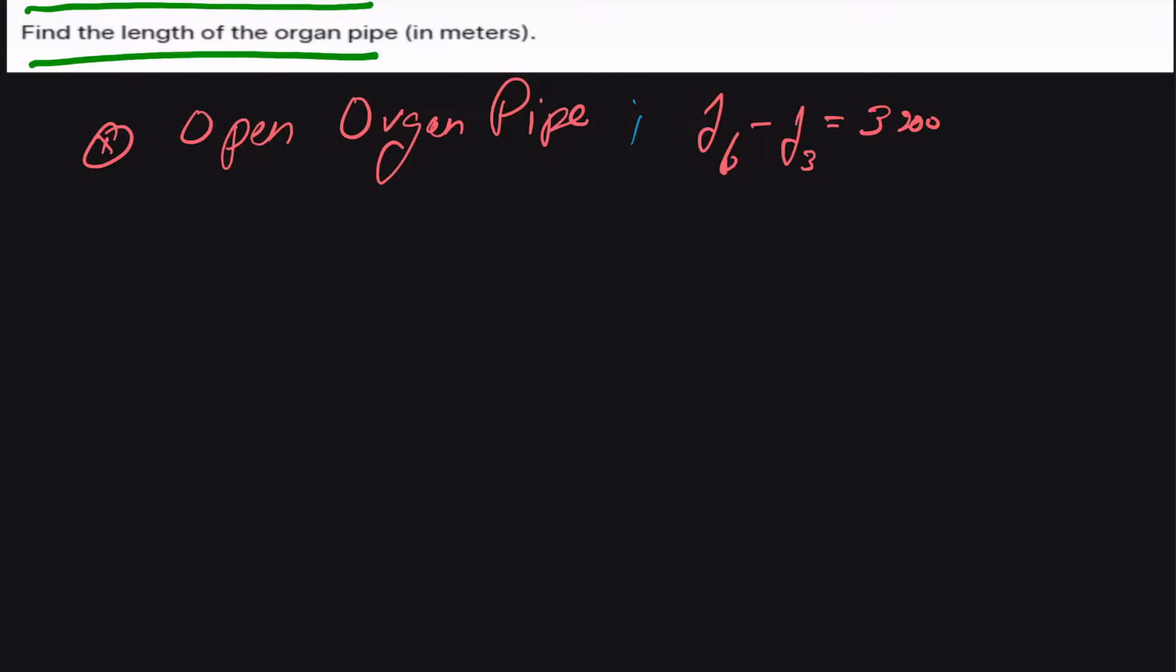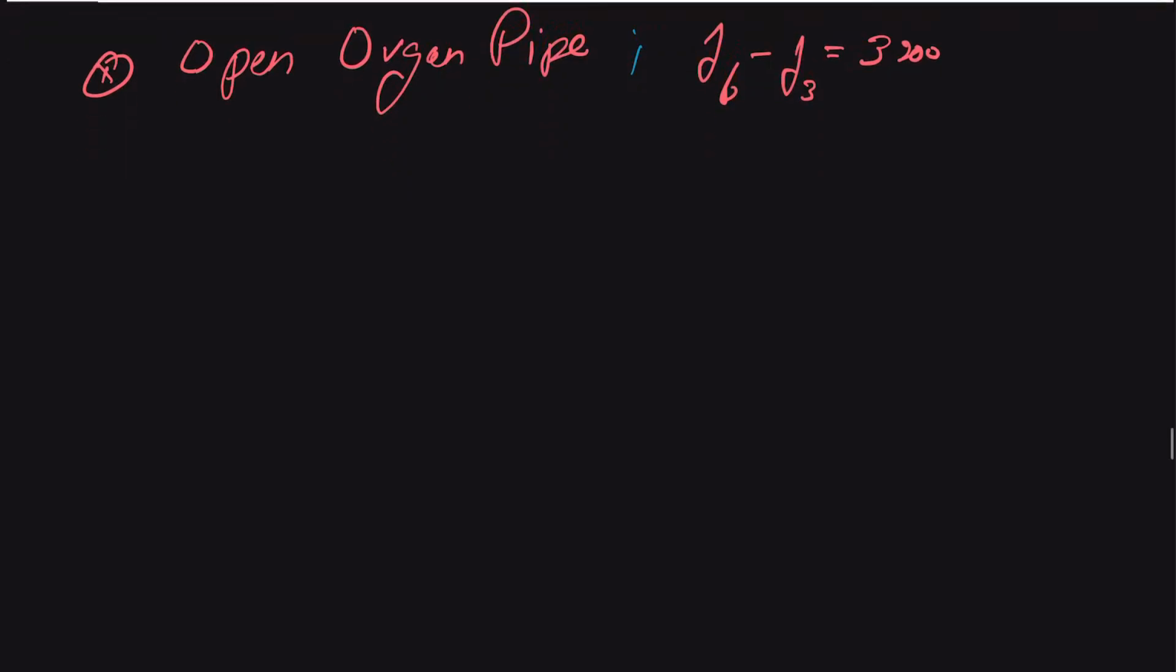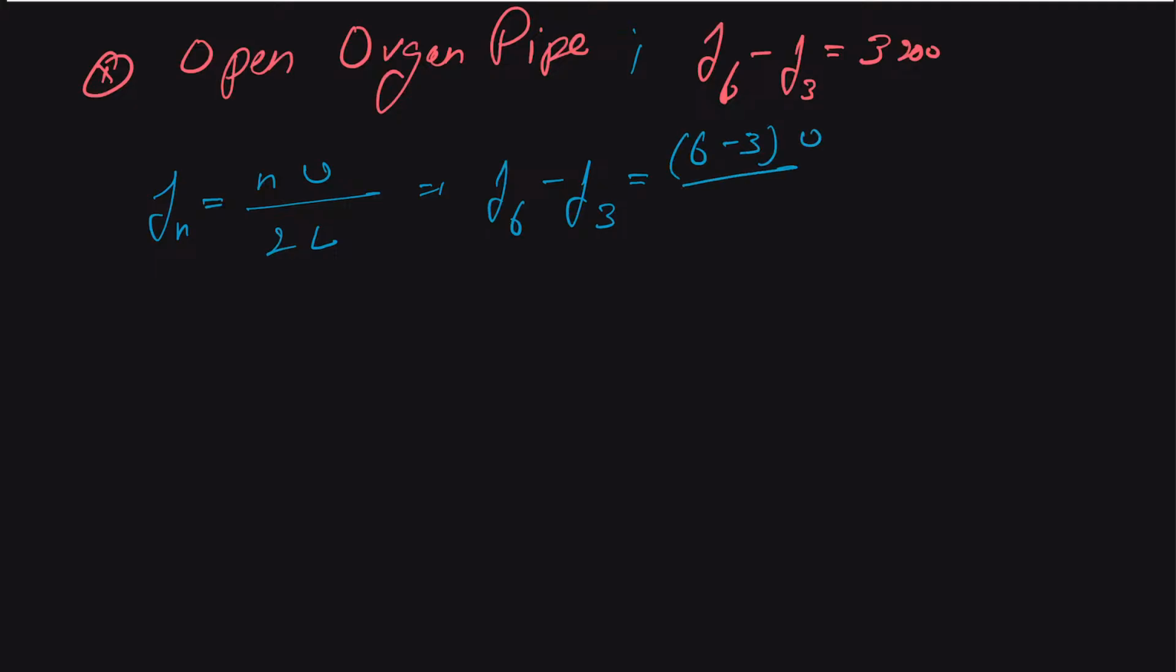3200, and we know for the open organ pipe, for our nth harmonic, the frequency will be equal to n times V divided by 2L, and we can divide this into two parts. F6 minus F3 will be equal to (6 minus 3) times V upon 2L. This gives us 3V upon 2L,